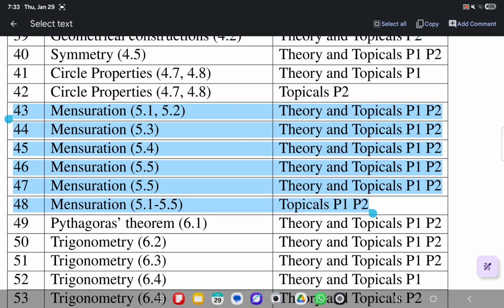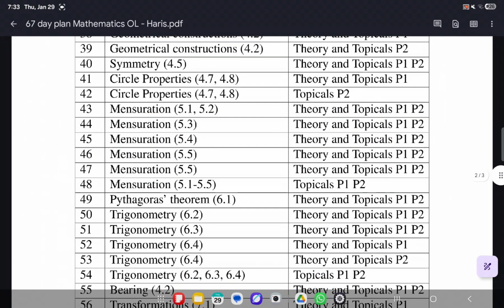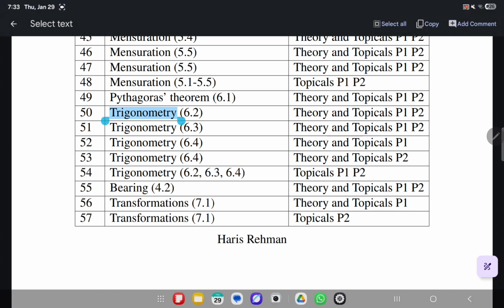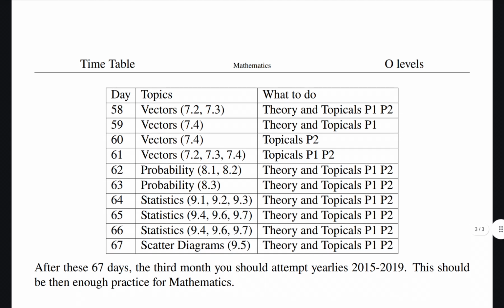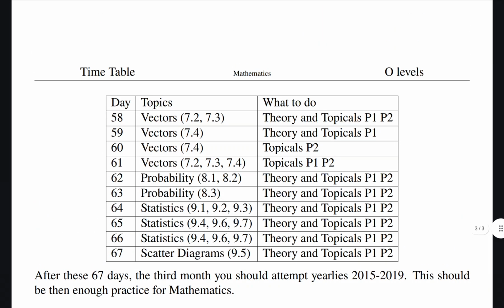That's why I added one more day to mensuration if you did not do topicals in time. In trigonometry also people struggle, so I added one more day for topicals. Which is kind of me. Very kind, I know.